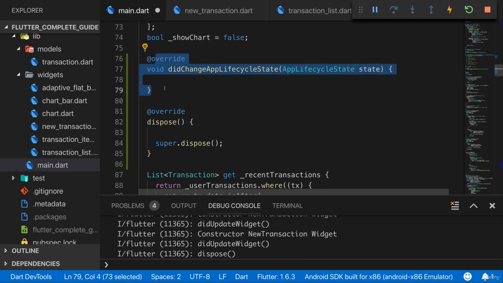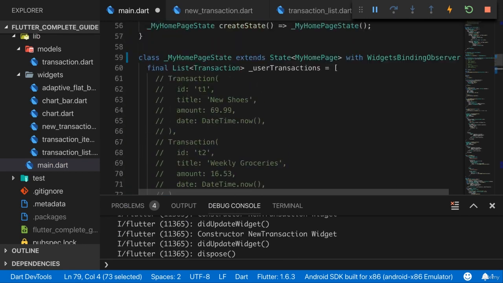Otherwise, you keep that listener up and running even if that state object should be deleted. Of course, for our main state that can't happen, because when that gets removed, the entire app is shut down. But if you have a bigger app and you add your app lifecycle listeners in just one child widget somewhere down the widget tree, because in that child widget you're interested in changes to the lifecycle of the app,